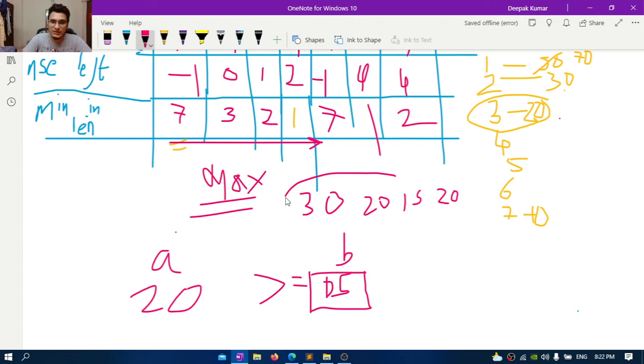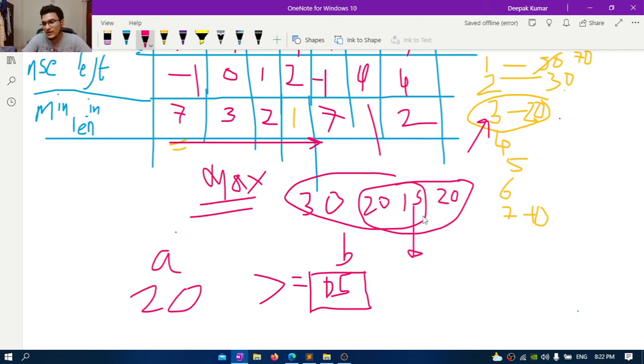So in this, the minimum is 20, right? And in this, the minimum is 15, but the maximum of them is 20. All right. So the thing is that 15 will never put a claim on the length of size 3, because it will always put a claim on sizes which are greater than or equal to 3. Basically, it will put a claim on size 4. Here it will put a claim. It will never put a claim on size 3.